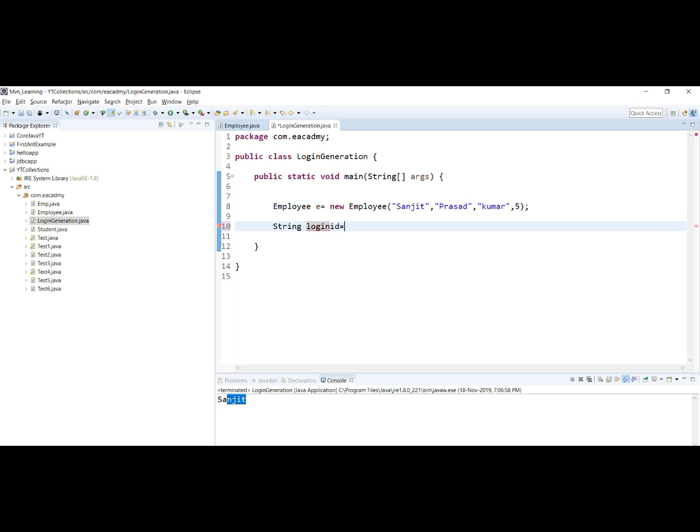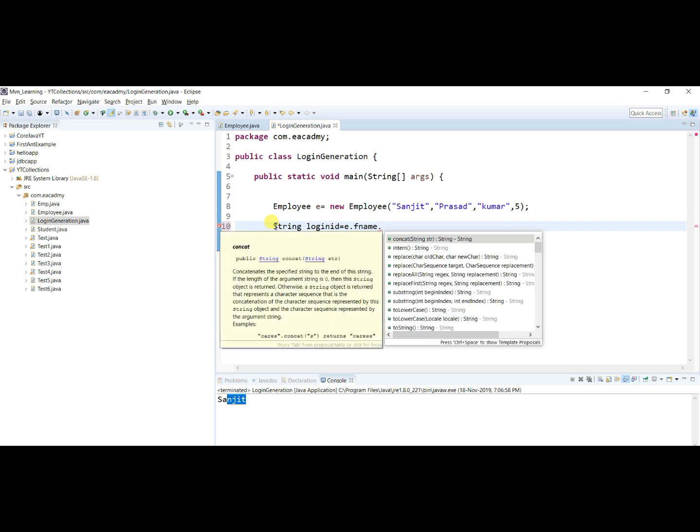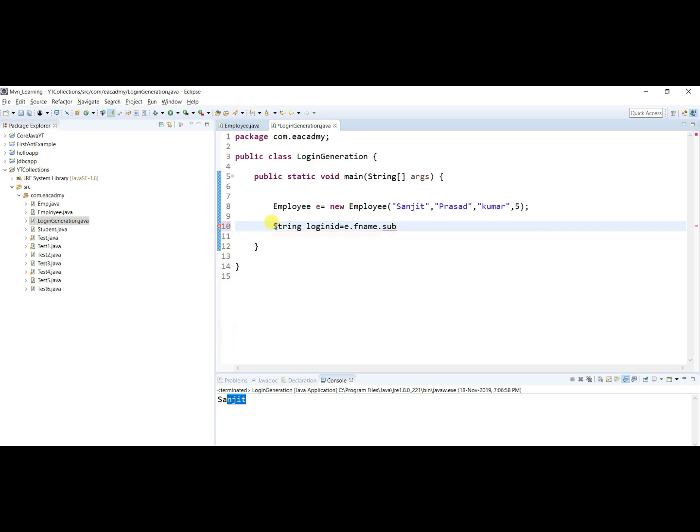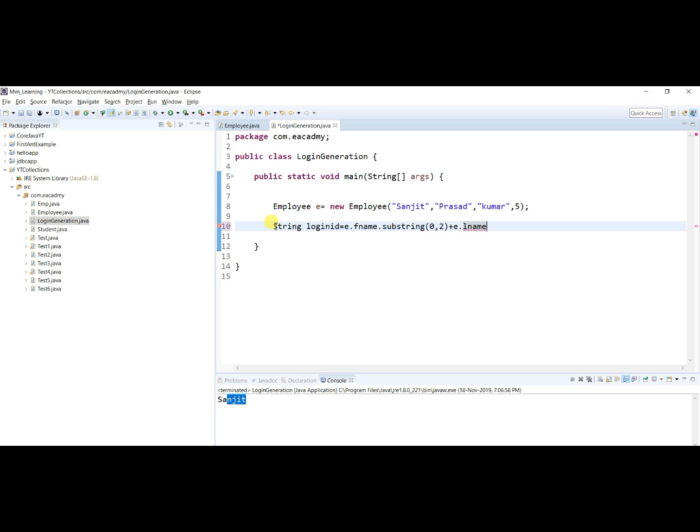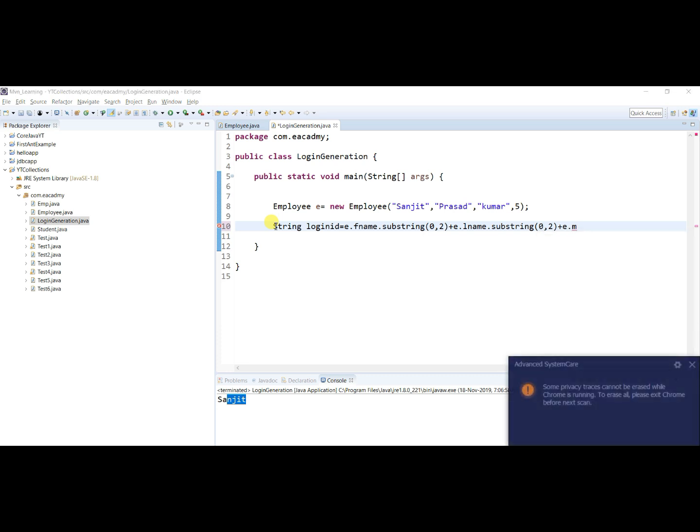Let's say login ID equals to, from the first name, means e dot first name dot substring from 0 to 2, plus e dot, accessing the last name dot substring, let's say 0 to 2,